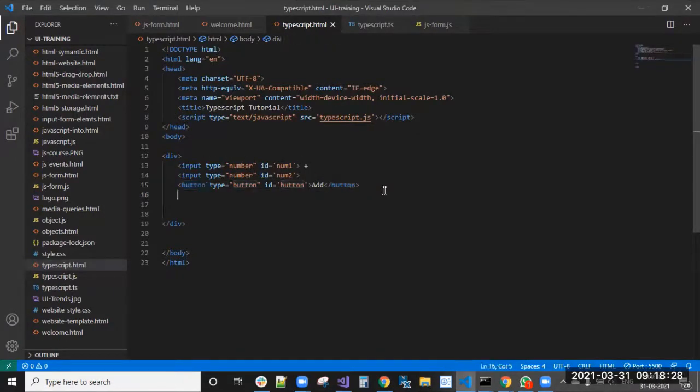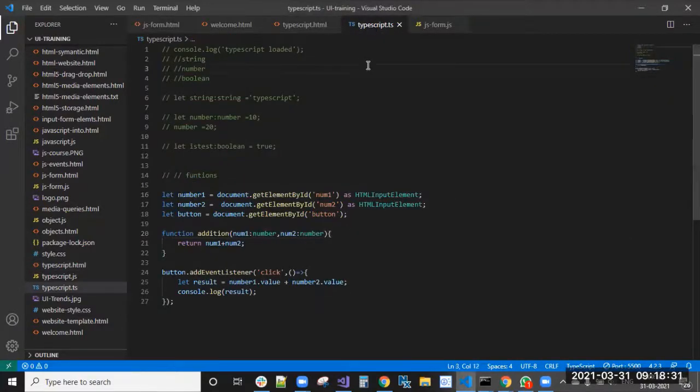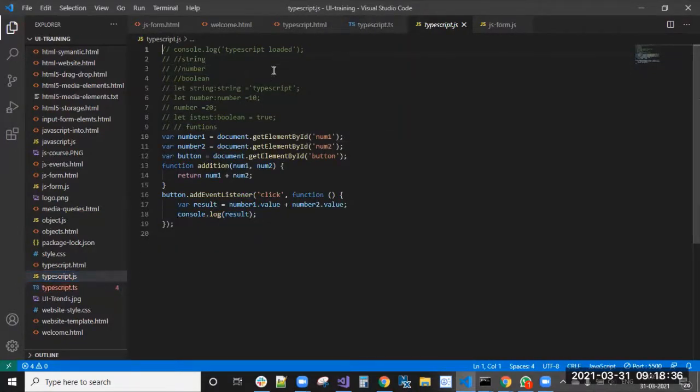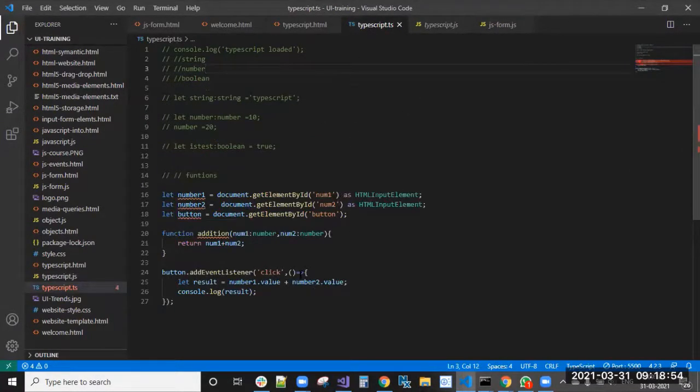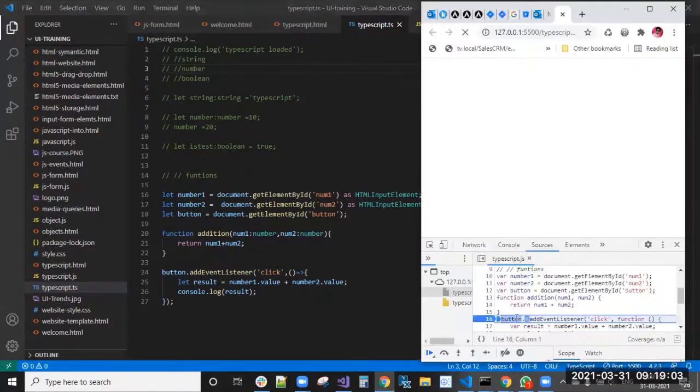The syntax is the same. Number one is not null, number two is not null.